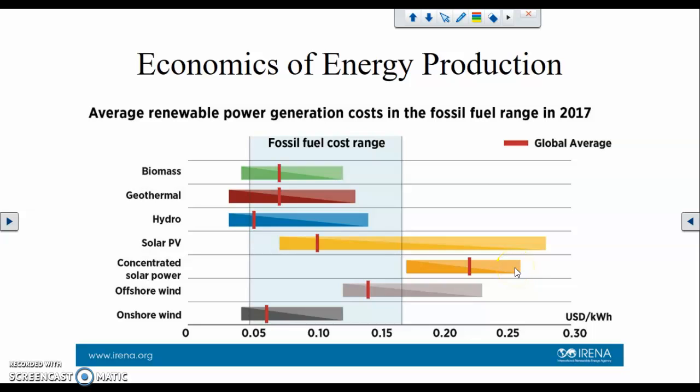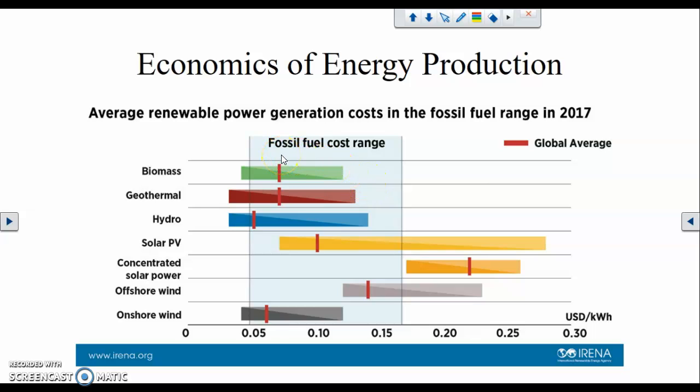So continuing on the fossil fuel competency and all of these other aspects that are inherent in fossil fuels, I am still covering the second learning objective in that same competency. So we're going to be talking about the economics of energy production now. So this is the cost. This range here, between 5 cents to around 16 cents per kilowatt hour, is actually the average cost for